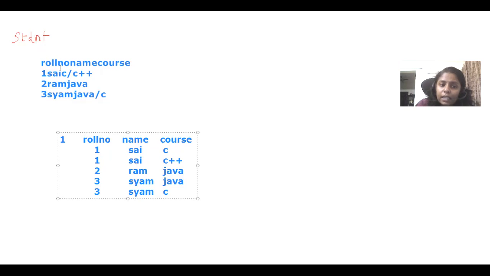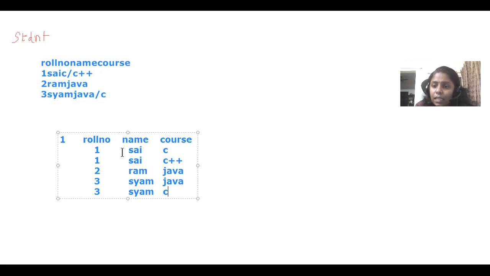In this method or in the earlier table, we can take the primary key, which one? The roll number, because the roll number is able to identify uniquely each row in the table. So the roll number, we can take it as a primary key. But here, how can we take the roll number as a primary key?